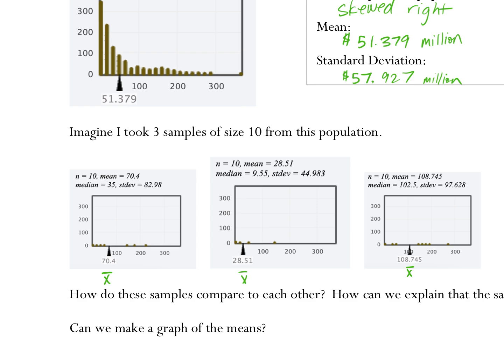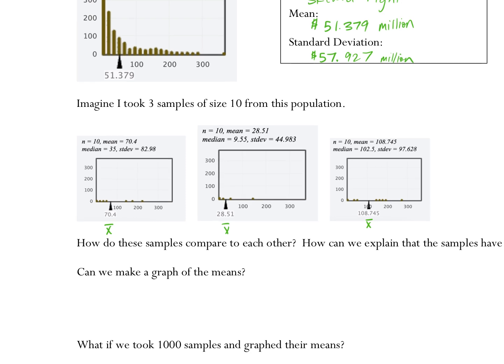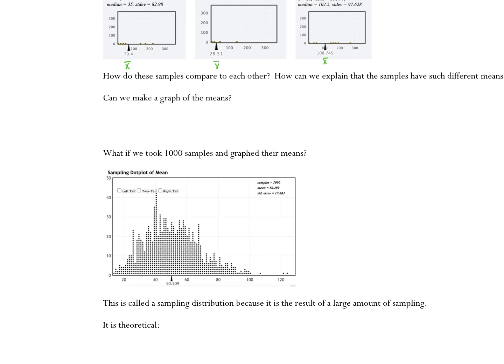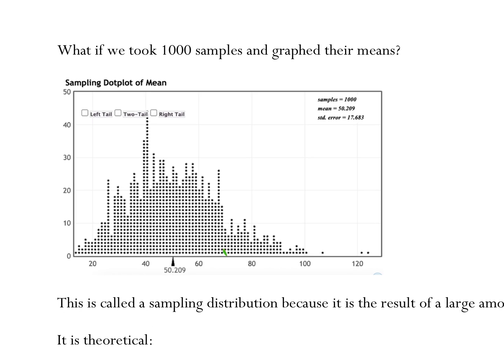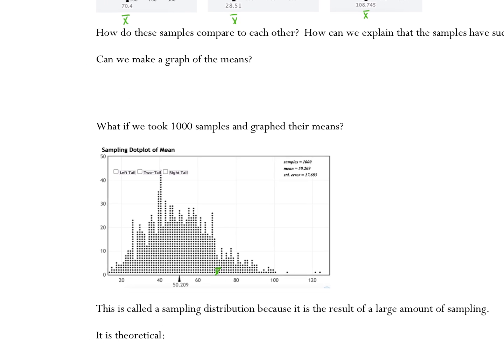Is everybody with me? Now, what this picture is down here is not just 3 samples, it is a total of 1,000 samples. So that 70.4 is this one right about here. That 108, that's this one. The 28 is probably around this guy, right? And then I did 997 other samples, and we can kind of see what's going on here, okay?